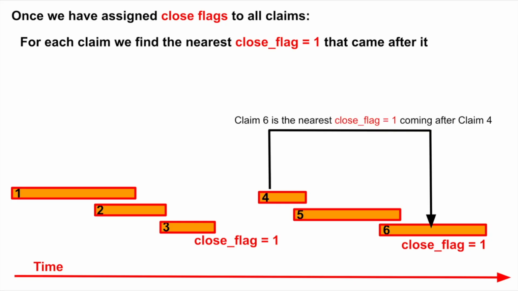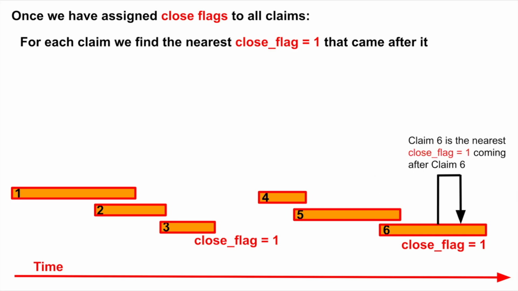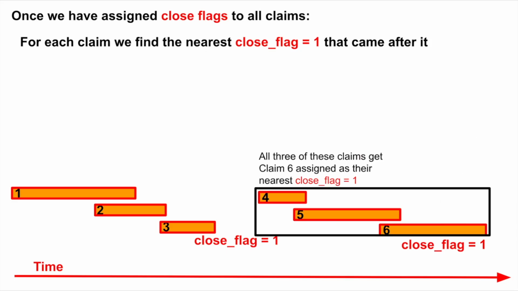claim 3. Similarly here, claim 4 has claim 6 as its nearest close flag that comes after. Claim 5 has claim 6 as its nearest close flag of 1 that comes after. And claim 6 is itself its nearest close flag of 1. So all 3 of these claims get claim 6 assigned as their nearest close flag of 1. And so therefore we assign the claim ID of claim 6 as the encounter ID for all 3 of these